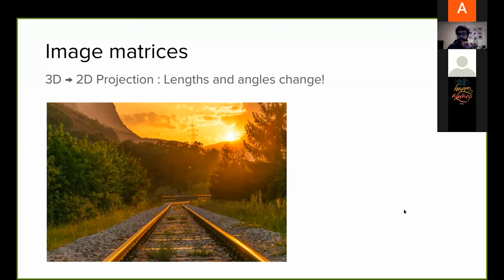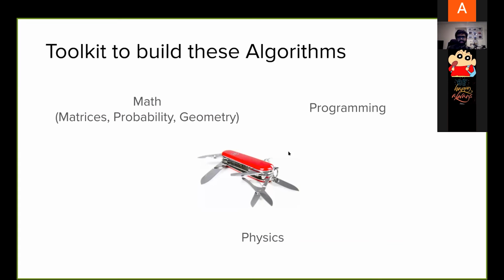Now those of you who are artists, you would know that when you're drawing something with some perspective, you need to think in terms of what would be parallel, what would not be parallel, which lines would look like what in a painting. So when you draw a scenery, for example, if you try to paint a river, then you understand what would be the ratio, how it would be changing as the river is coming nearer to the camera, let's say. So these are the tools that help us along the way to do computer vision. We need lots of math, programming, understanding of how light is reflected and images are formed. So physics also. There are tons of other fields that